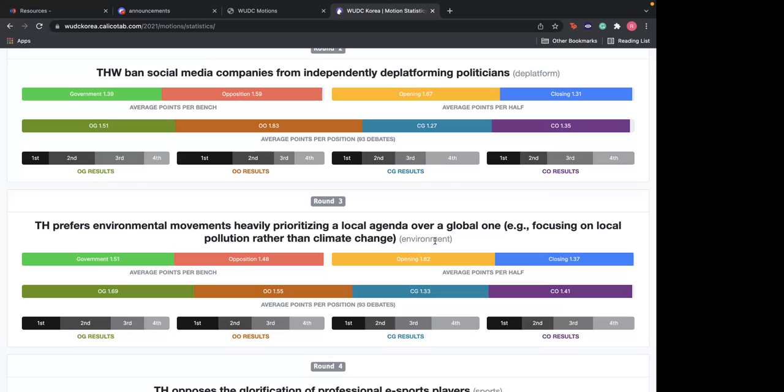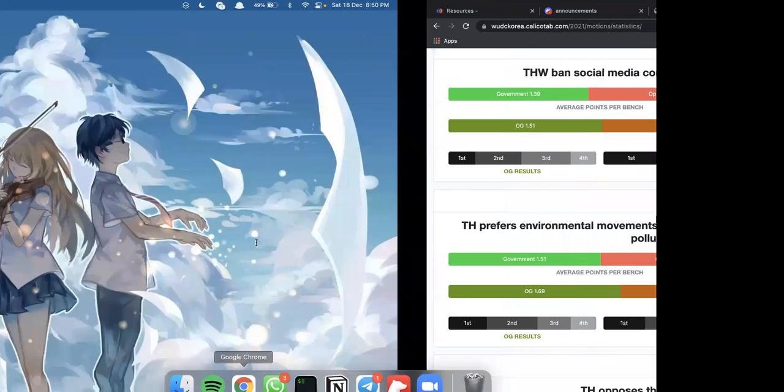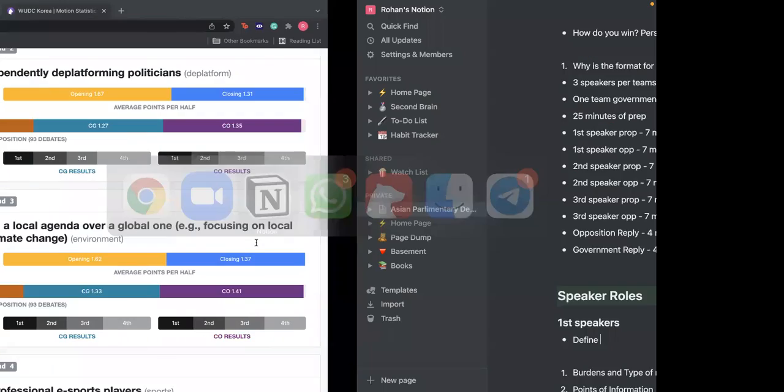Where local agenda looks like you telling individuals to behave in a particular manner so as to save the environment. I gave examples of turning off the fan before you leave any room, or telling people to keep their surroundings clean. These are examples of a local agenda, and you give a definition of how a local agenda is implemented. So that's what a first speaker does.